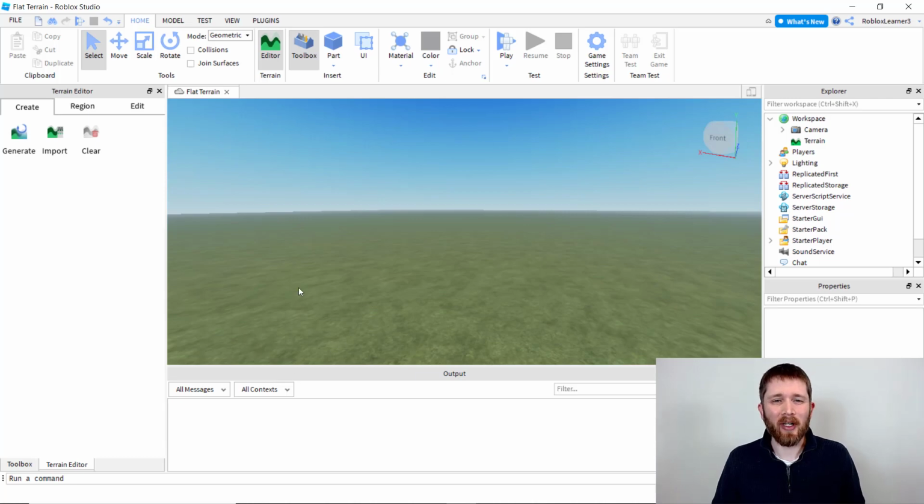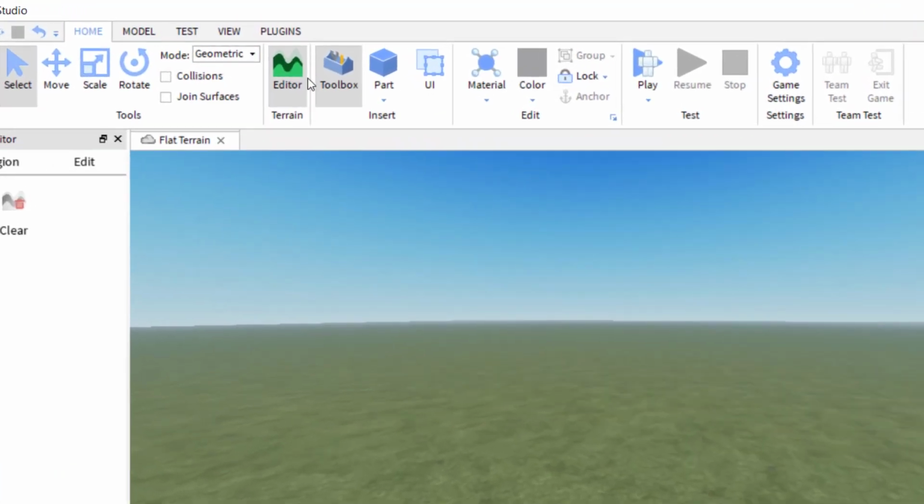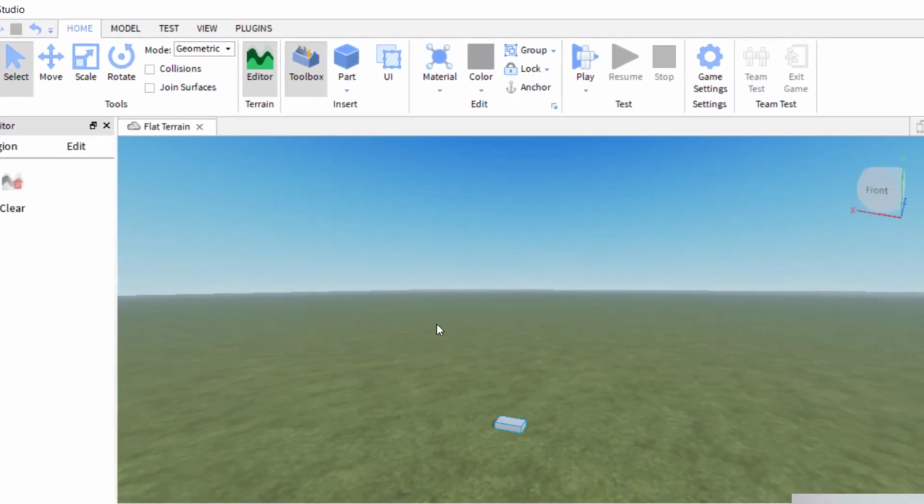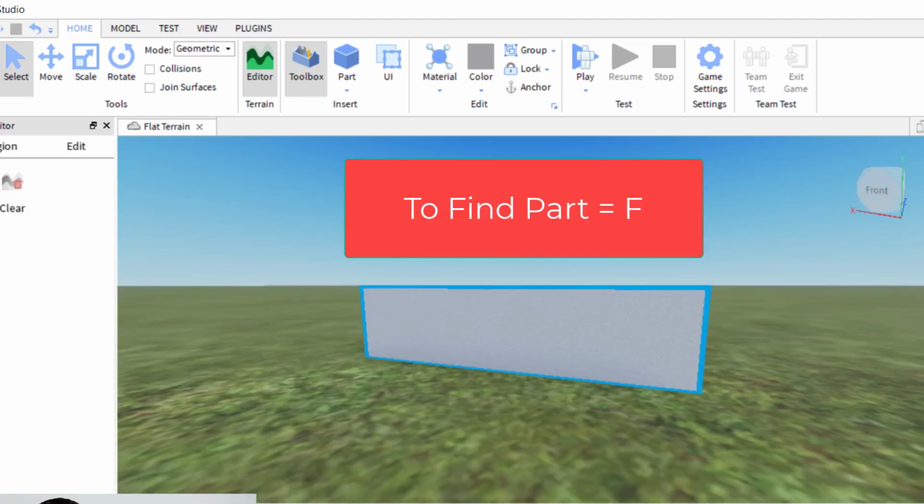So the first thing you are going to want to do is add a part. Go up to the top, make sure you have Home selected, then go to Part, click on Part, and then I can click on a block. So I added a block. It's kind of far away. If you ever have problems finding your part, you can just have it highlighted, the part you just selected, and press F as in Frank on your keyboard, and that way we'll focus on the part